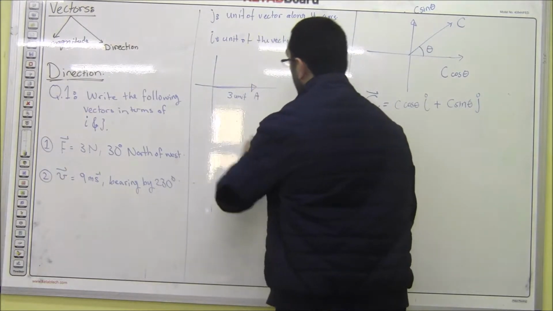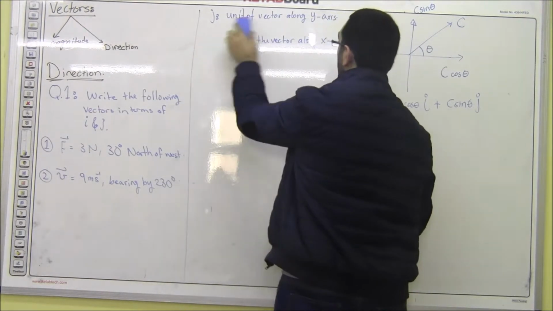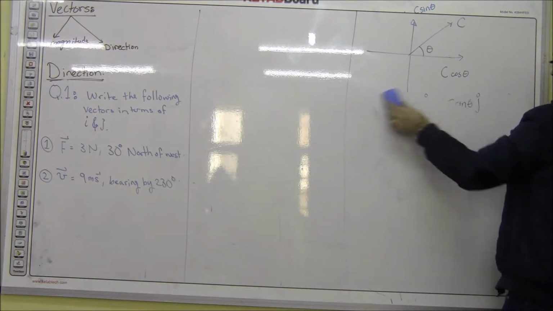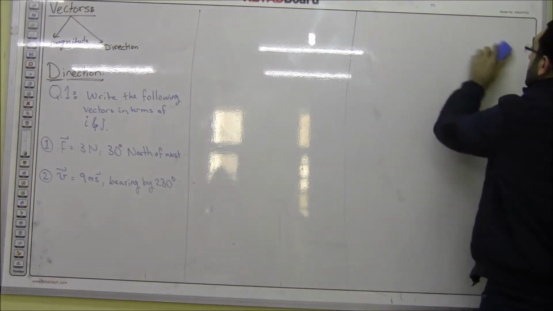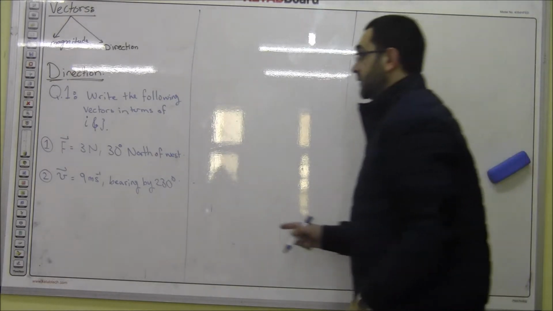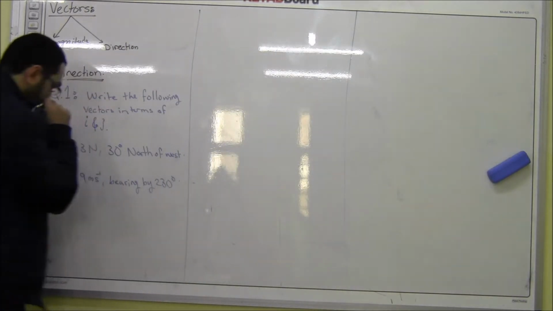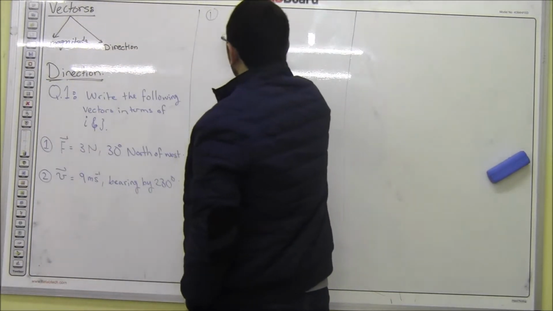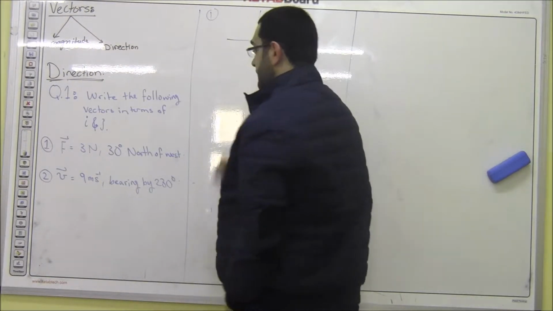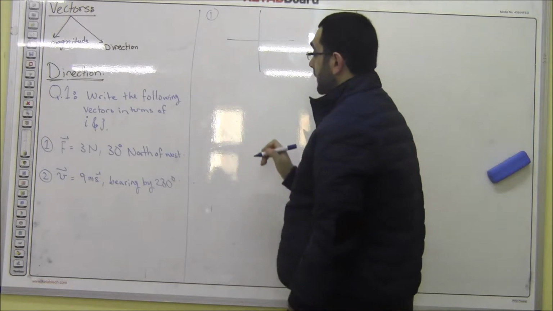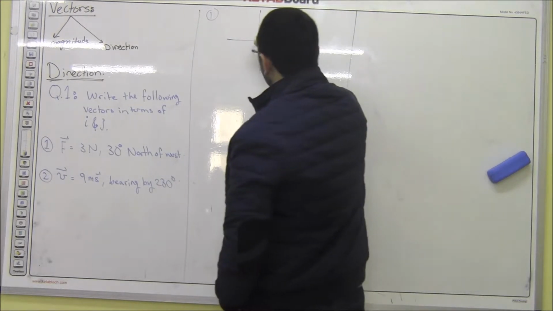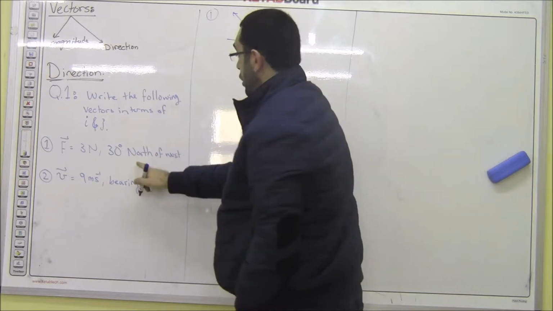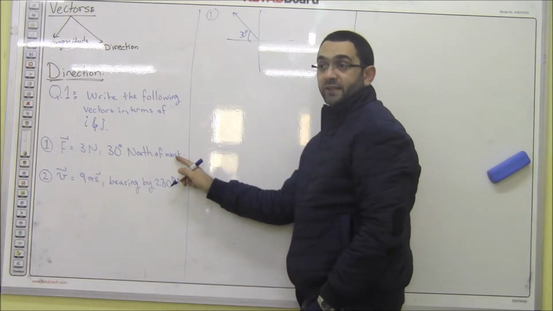What I have to do is draw these vectors first and resolve them, in order to write them in terms of I and J. The first one is 3 newtons, which is a force, a vector,